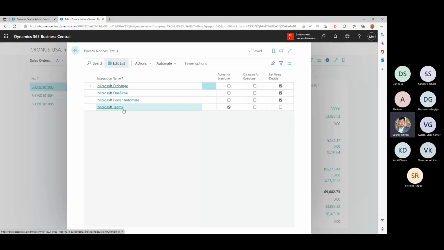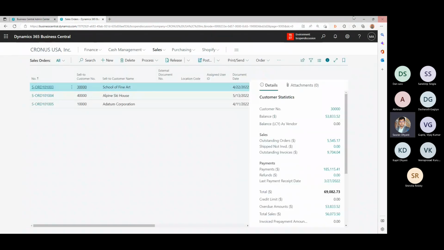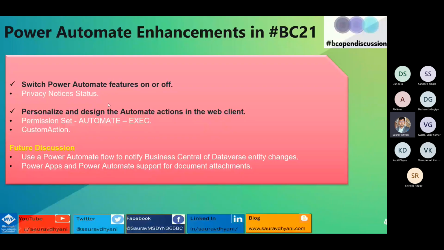So, as an administrator, if you think that nobody should be using Teams with Business Central, as there is a tight integration with Teams and Business Central, you can actually disable it for everyone. Same for Power Automate and OneDrive and Exchange, which is used for the emailing piece. So there's a setup which an administrator can decide. At the same time, if as an administrator you would like to block it for specific users, then there is a permission set available called automate execute.